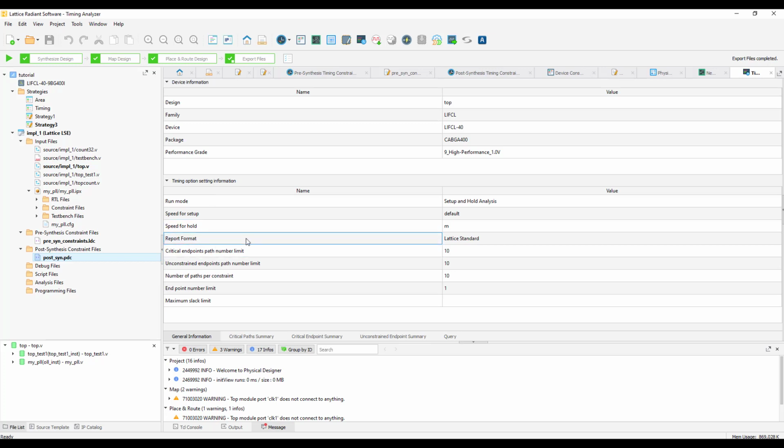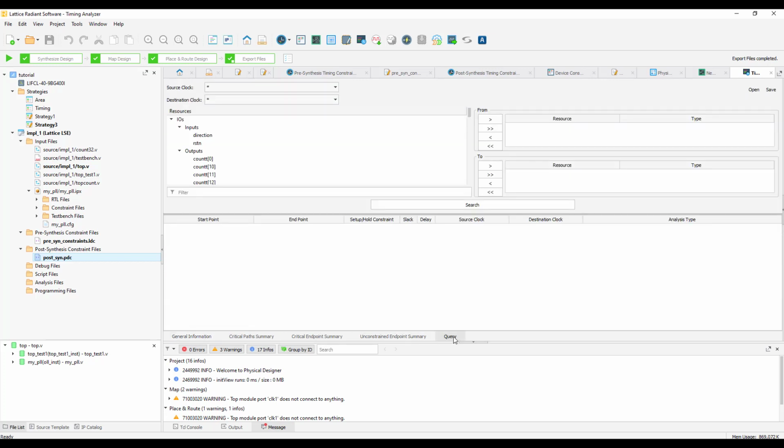Timing Analyzer runs the timing analysis and presents the results on these three spreadsheet tabs. Plus, there is a query tab so that you can search through these paths. The information in the Timing Analyzer is very similar to that in the place and route timing analysis report, but is presented in a different way.